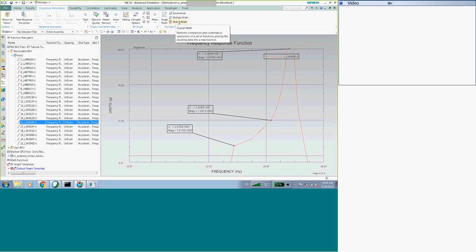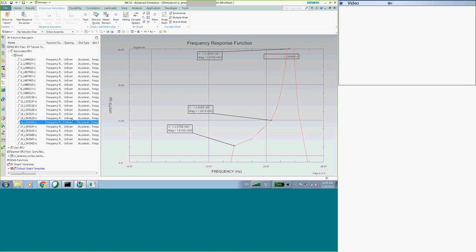You can create envelopes, rather. So with a bunch of responses, if you want to pass on the maximum to somebody, you just take the maximum envelope for all of them. So very powerful, and for the random processor as well, same thing. And I'll show you a bit more functionality you have with the random processor.